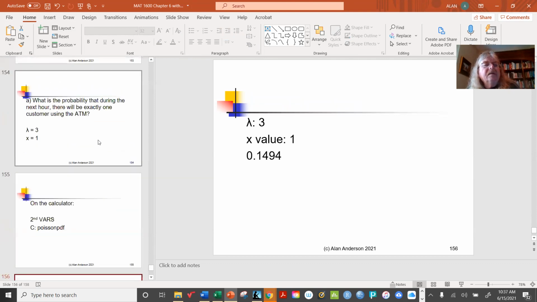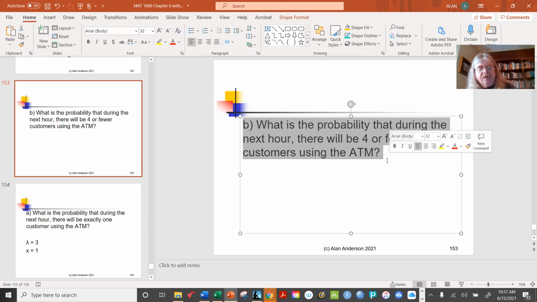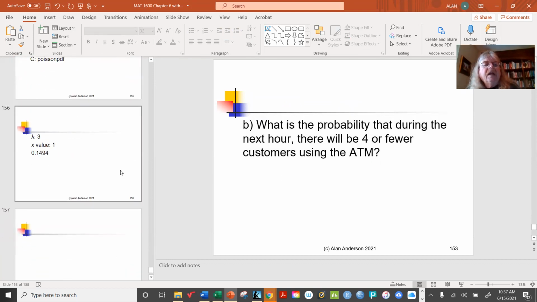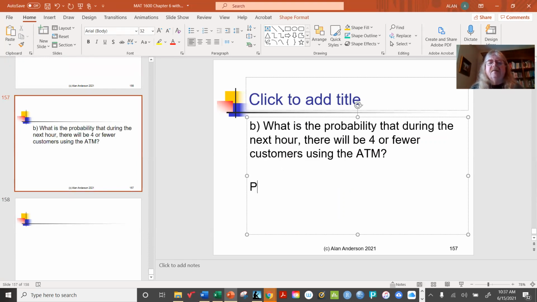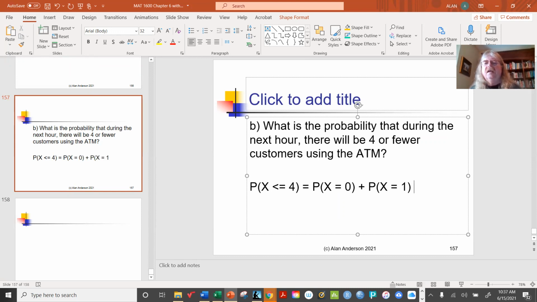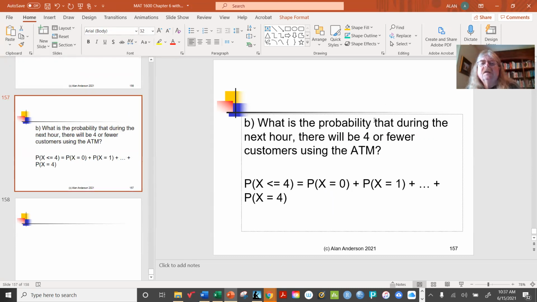Let's try part B. Now this is a less than or equal to problem. If we did this directly, it could take quite a while, because look what we have to do. This is the probability that X is less than or equal to 4, which equals, yeah, look at that. That's a lot of work. And it's not even just the amount of work, it's that the risk of making a mistake is growing very quickly. So what we're going to do is go directly to